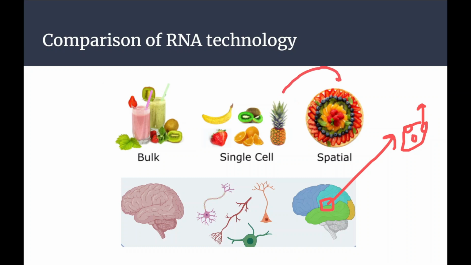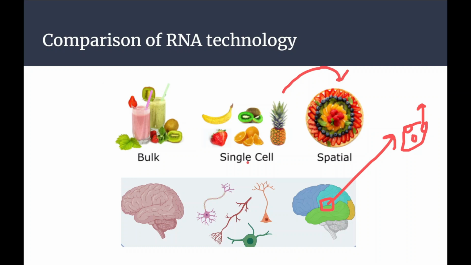But in the recent technology, spatial transcriptomics, we are doing single cell plus capturing the spatial information. I can say exactly at which position my cell is located. You can see the structure, how the fruit is organized. In the same way, we will know exactly which region my cell is located in. At the periphery we have the strawberry layer, then the grapes layer, then the orange. Similarly, we will know where the cells are for the hindbrain region and midbrain region. This information we can collect from spatial transcriptomics technology, which was missing in single cell.